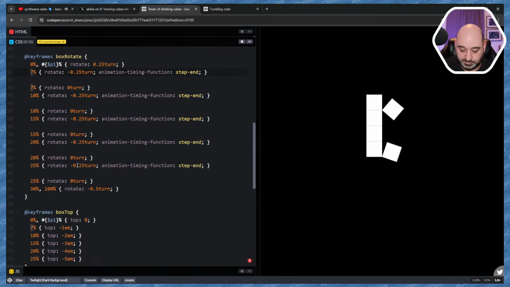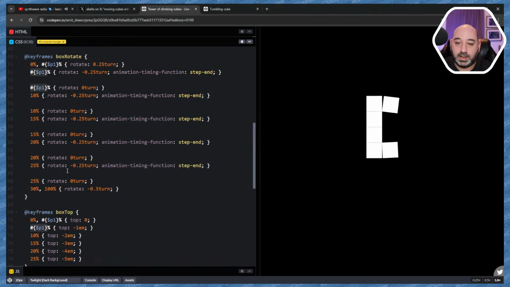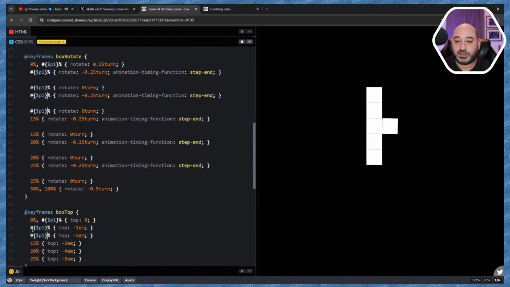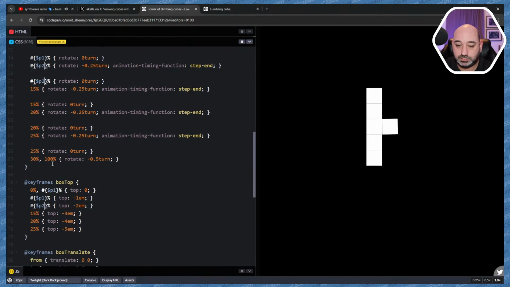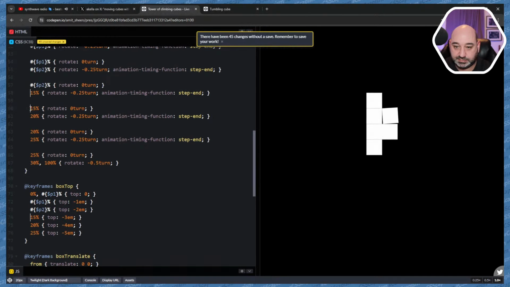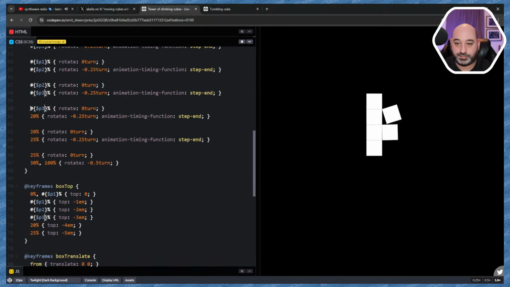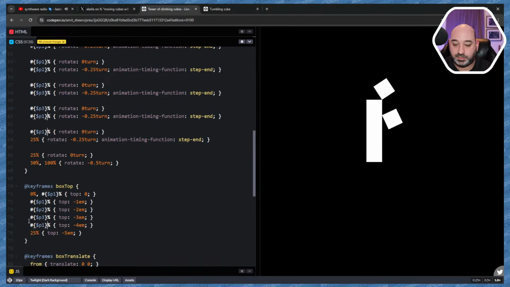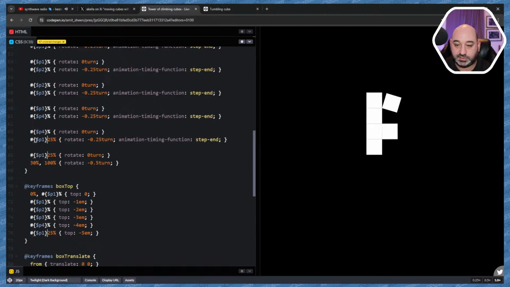Let's make it like this, P1. This 10 is going to be P2. These 15 is going to be P3. The 20 is going to be P4. And the 25 is going to be